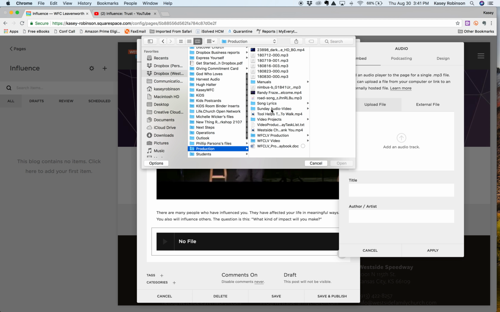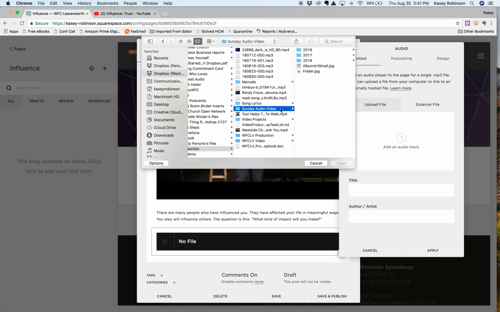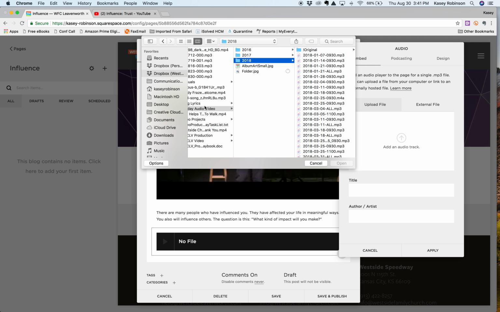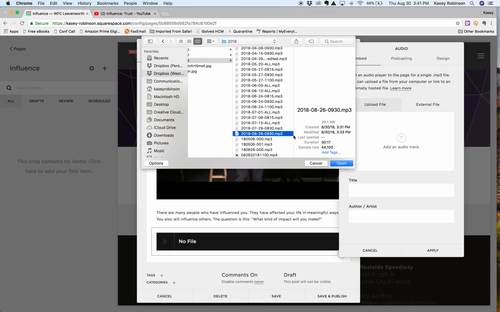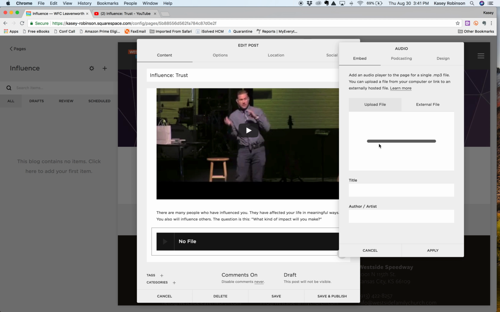I've got more files here than you do because I have better, more access in Dropbox than others. And so I go there, I click on Sunday Audio, I click on the 2018, and I scroll down to the date, and normally we do the 9:30 or the 11 service, and normally the 9:30 is the one we do. So the 9:30, select that, I click open, it's going to upload this, and this will take some time to do so as we send that